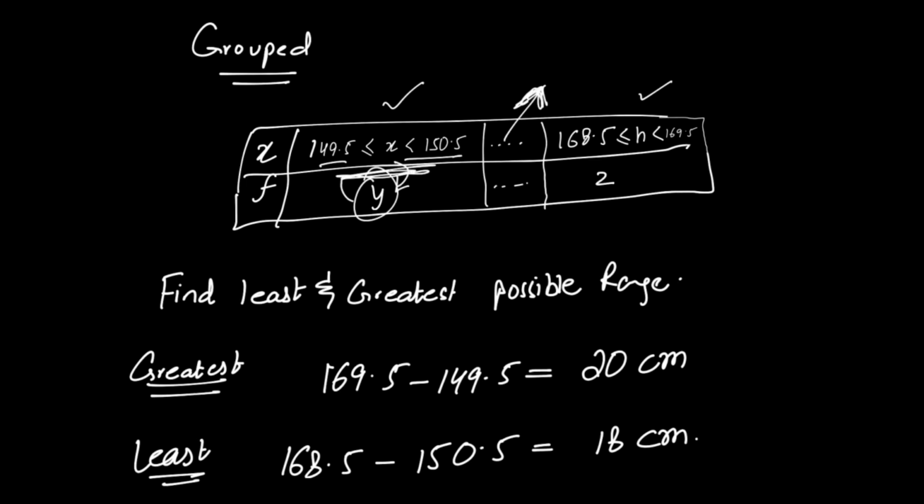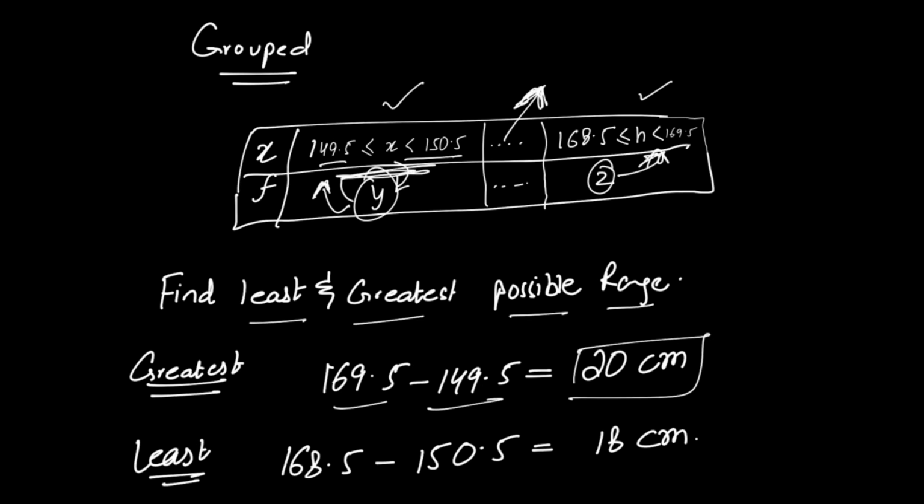Okay, so we are told to find the greatest or the least possible range. So for it to be the greatest, we'll assume that this falls into the lowest and this falls into the highest. Okay, so 169.5 minus 149.5 will give us 20 centimeters, which will be the greatest possible range of this